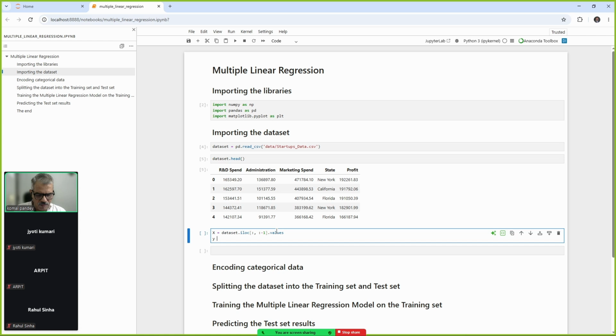and y equals, copy this, and we want to take out only the last column, all rows and the last column. This is the profit column's data. So all rows, -1. Run this cell,